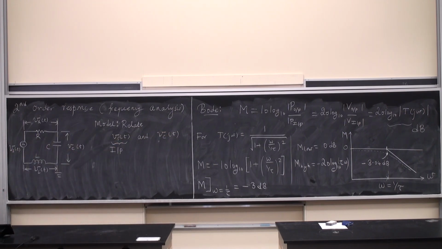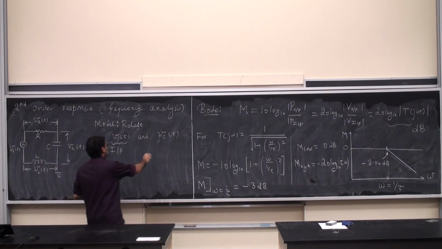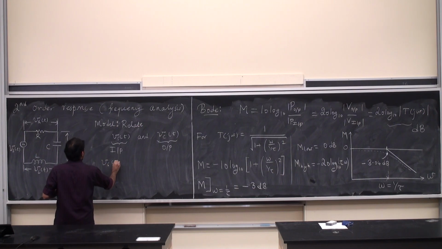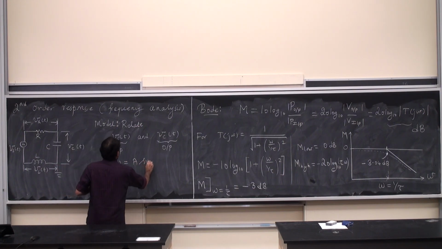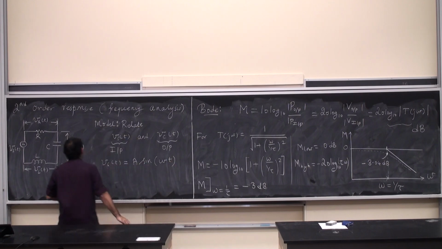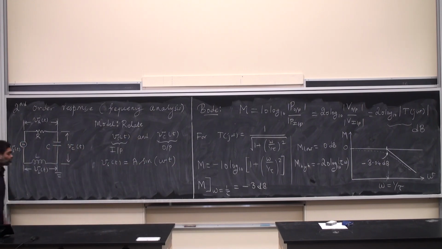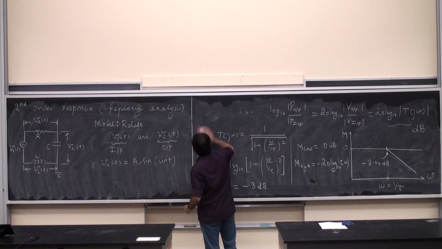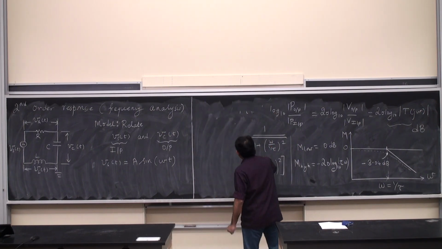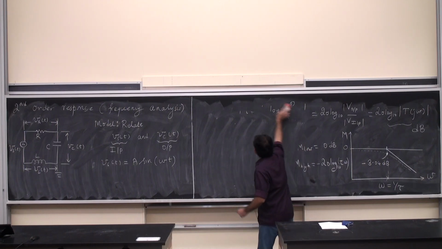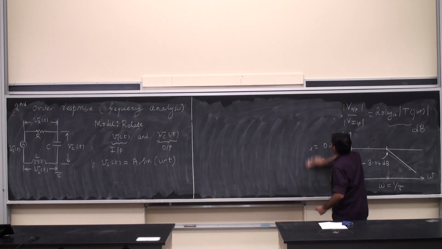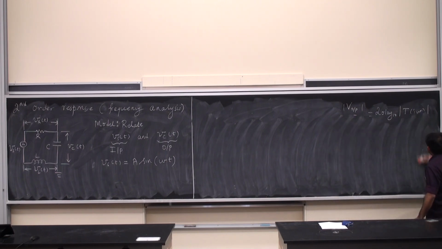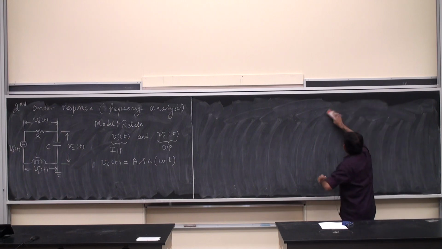I am interested in Vc because it gives me a nice looking equation. And Vs of t is A sin omega t. Okay,